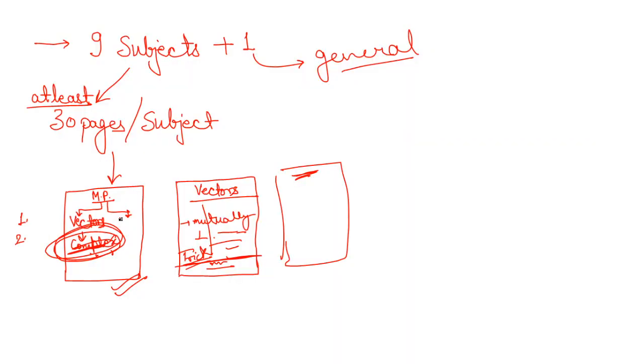So this was something regarding your formula notebook which you all can follow, and if you are finding it helpful and you have already made your formula notebook, you can make this flow chart or the list of the topics now and paste it on the first page. Even if you want, you can put the page numbers there, so that if any day you want to check out that particular page or that particular topic, it will be easy for you. So that's another idea, that if you want to note down the page number along with the topic, you can even do that. Okay, so guys, I hope it's gonna be helpful for you.